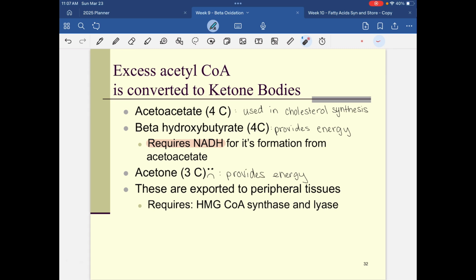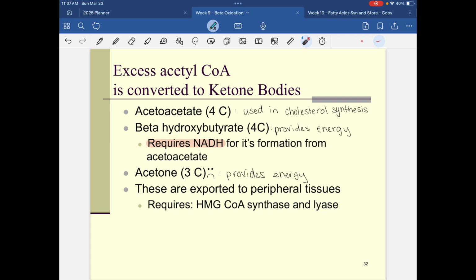So here are the ketone bodies. We have 3 different options of things to make. All of them can be used to provide energy, especially in areas like the brain. So ketone bodies, we can break them down throughout the body. I think of them most in the brain because the brain just needs so much energy. It will use anything it can get, and ketone bodies are one of the few things that can get into the brain. So we have acetoacetate,